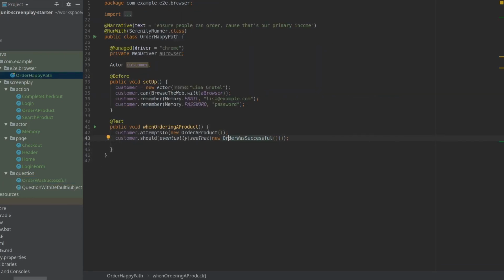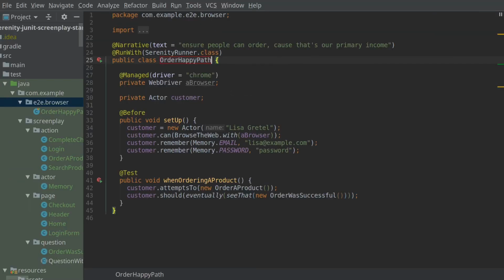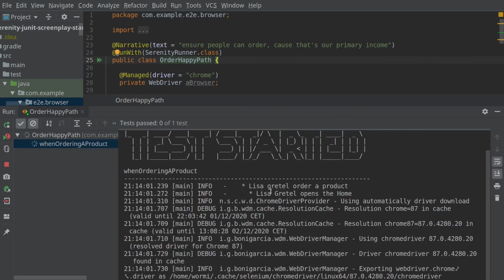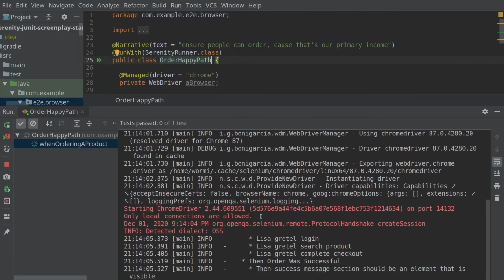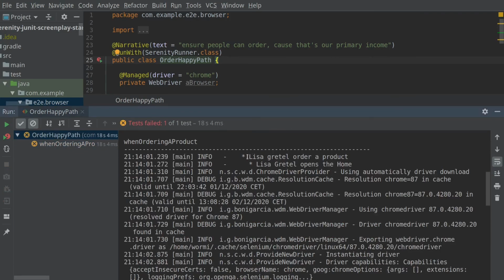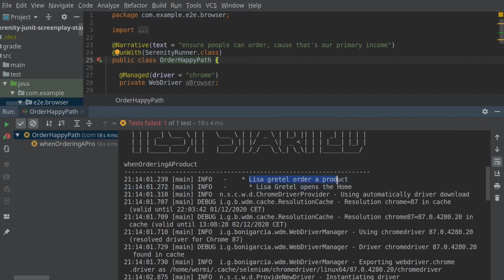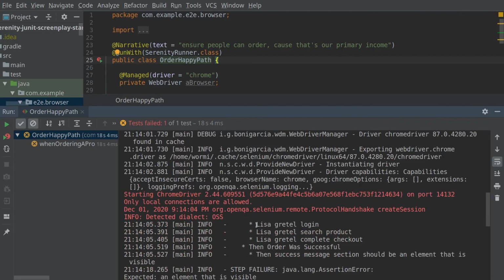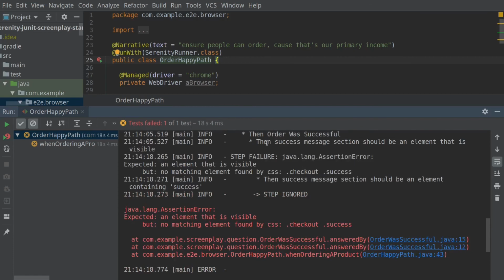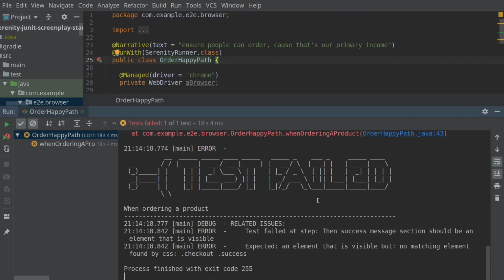And that's it. Let's run it and have a look at the reported steps. The JUnit test fails, obviously, but I wanted to show you the steps as they would appear in the report. The actor navigates to the homepage, searches for a product, completes the checkout, and expects an order confirmation. If any step fails, using the WebDriver, you should always have a pretty clear picture of what's actually happening in that step.